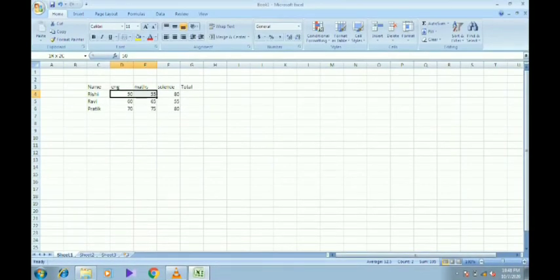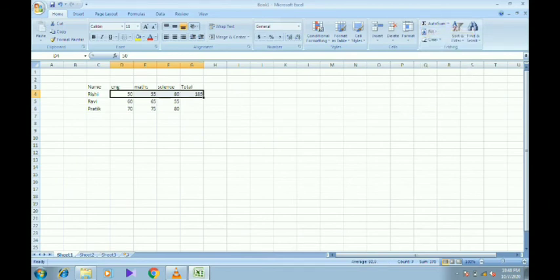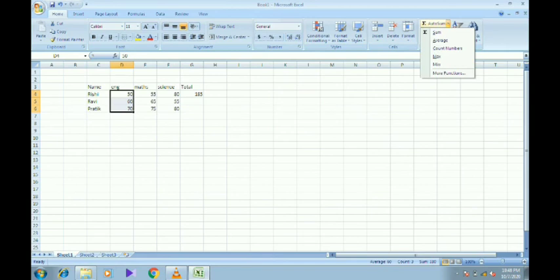Clear? Now let us see how to do the auto sum. For the auto sum, you select the part for which you want to calculate it. Then you go to the option called auto sum, as you can see on the right hand side. When you select auto sum, the total appears in a horizontal way. If you want it in a vertical way, you select auto sum again, and you can see the total has been entered.